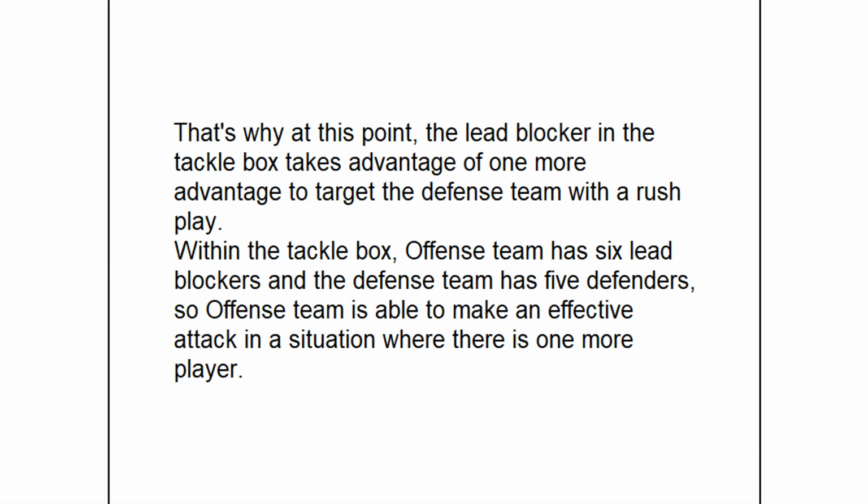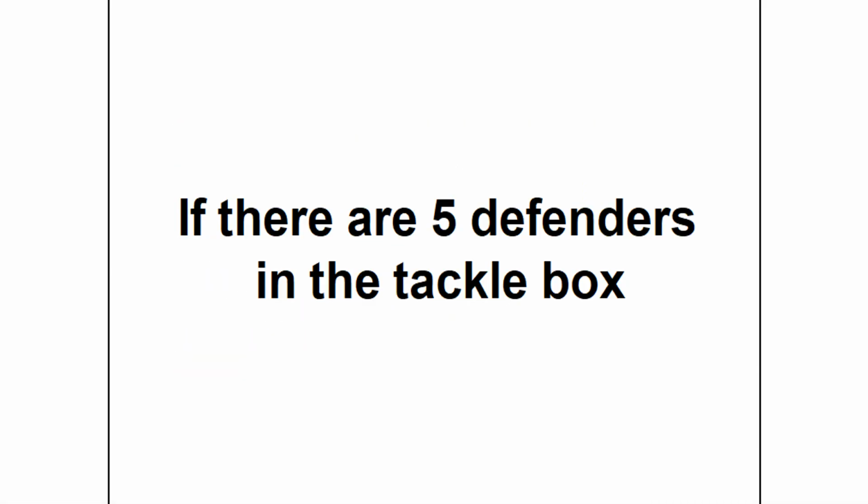That's why at this point, the lead blocker in the tackle box takes advantage of one more advantage to target the defense team with a rush play. Within the tackle box, offense team has 6 lead blockers and the defense team has 5 defenders, so offense team is able to make an effective attack in a situation where there is one more player. If there are 5 defenders in the tackle box,